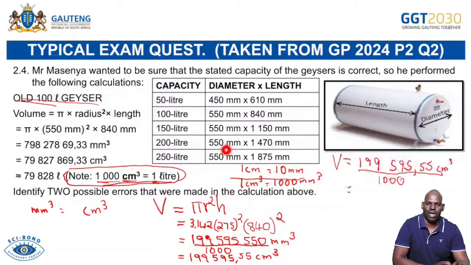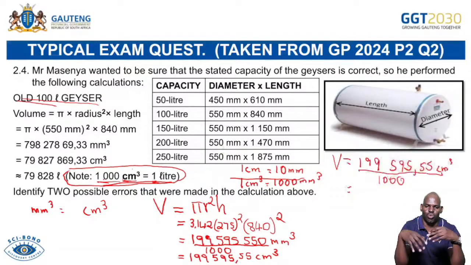Okay, it's a very tricky one, especially because we are working with big numbers as well. And then, boys and girls, you need to be careful. Working with big numbers is also not easy. So you need to be careful. So we divided by 1,000 further. So when we divide it by 1,000,